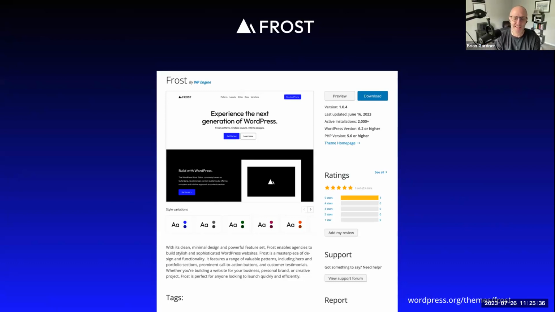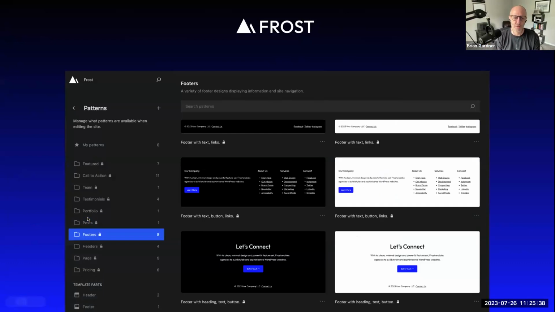And as we get into the next slide, I've got some exciting things to share that are relatively new to Frost. What we're looking at here, one of the values that Frost has is that it has a huge collection of block patterns. And patterns, something that Phil will talk about here in a bit, are extremely critical in the go forward plan with the way WordPress websites are going to be built. So much, in fact, that almost the entire 6.3 release, which should be out early August, is built around this new